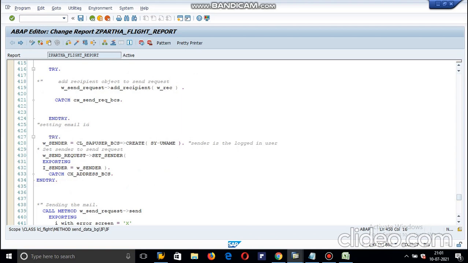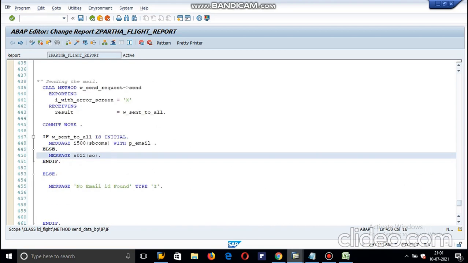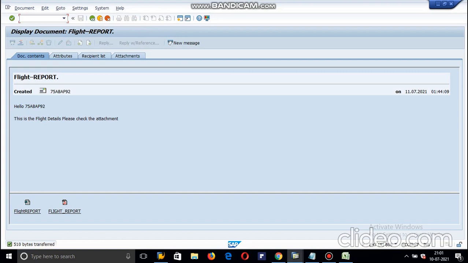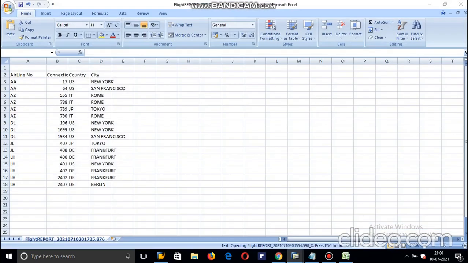After that it sends, and then the execution happens. You can see two email attachments will come. First it will create the headings, and after that all the data will be displayed.